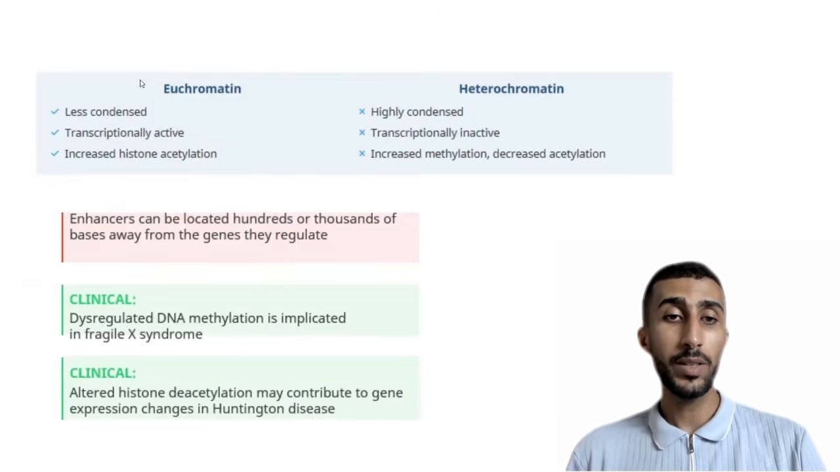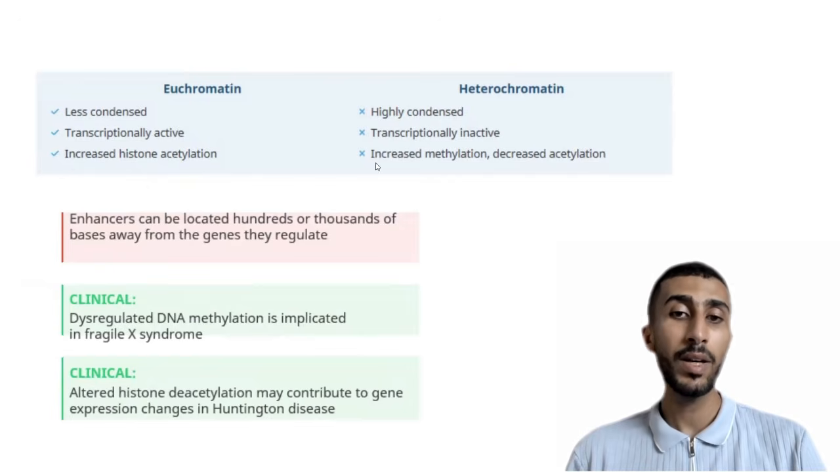So remember, euchromatin is transcriptionally active and less condensed. So we have increased histone acetylation. Remember, it's activatory, versus the heterochromatin, which is highly condensed and transcriptionally inactive, with increased methylation and decreased acetylation. Enhancers can be located hundreds or thousands of bases away from the genes they regulate, and the dysregulated